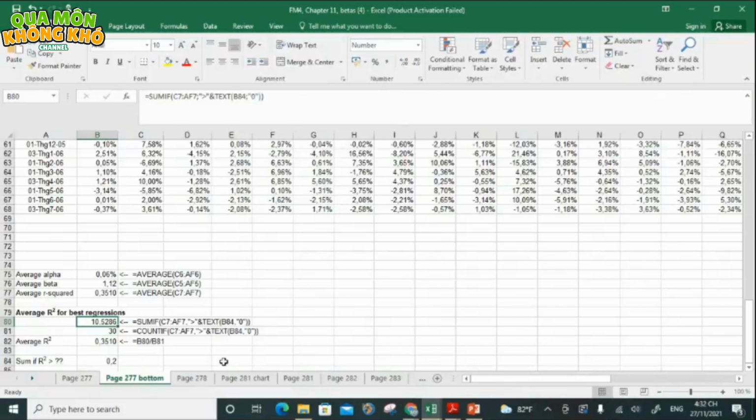You can see here we have the regression R square. That number is more important because